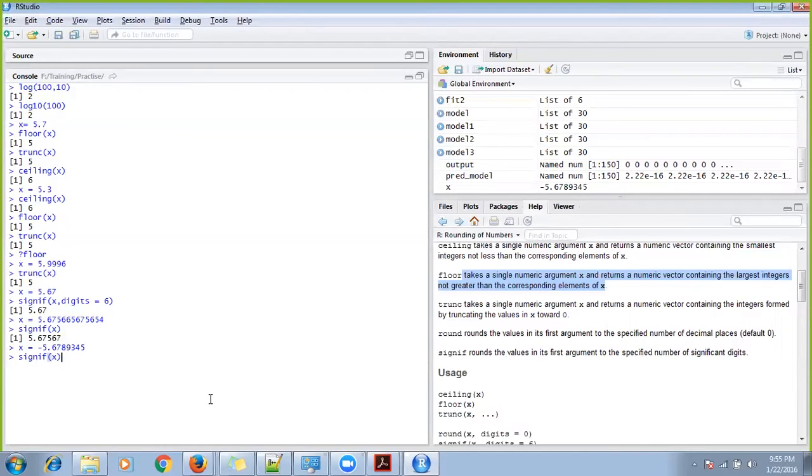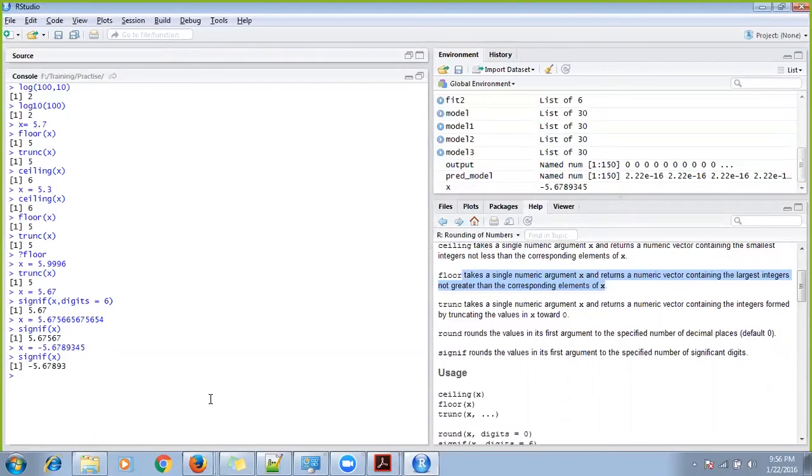Let's see when it is negative: is it giving 5 decimal places, or 4? It is still giving you 5. So it has nothing to do with the sign. It will just show you the sign, and irrespective of a positive or negative number, it will show you a maximum of 6 digits in total, including before the decimal and after the decimal.